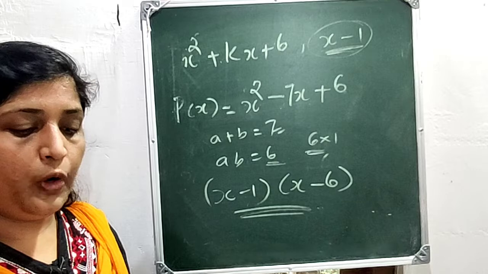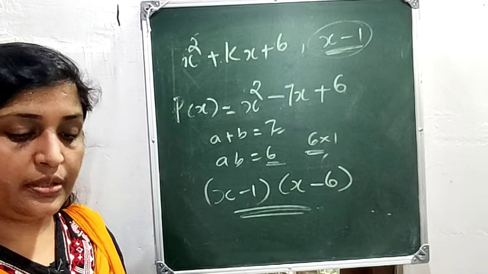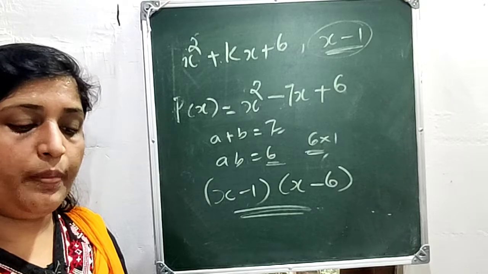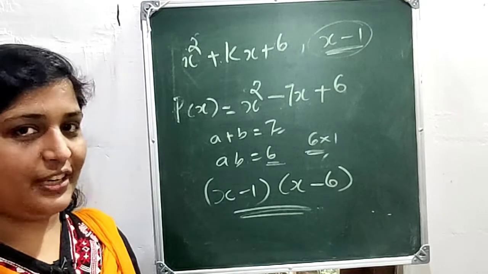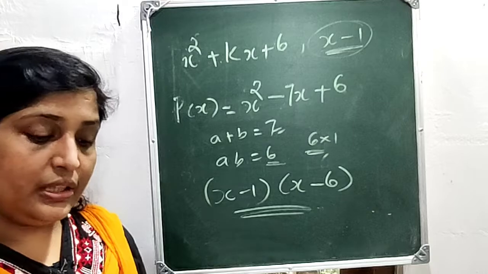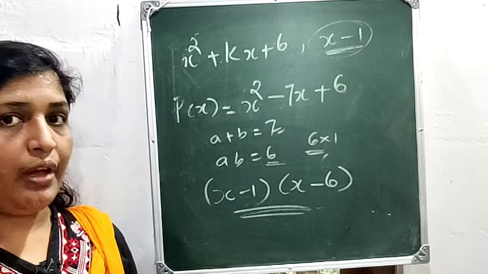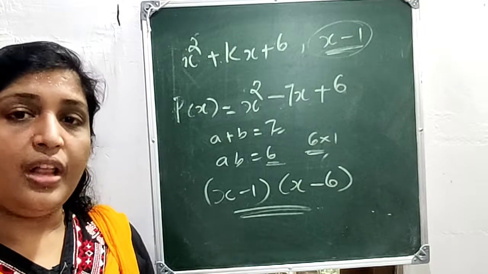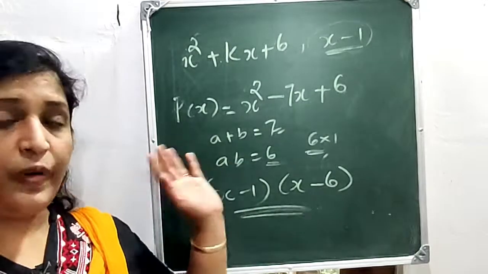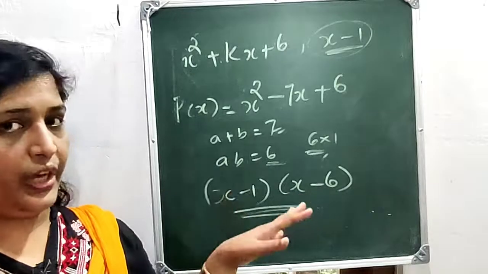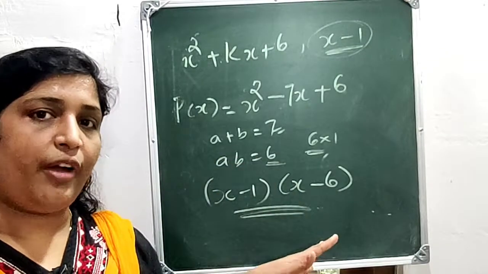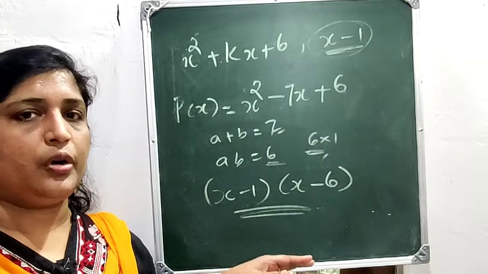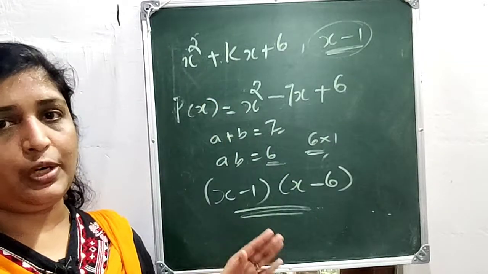Okay, then we have one more question. Third question. In the polynomial kx square plus 2x minus 5, what number must be taken as k to get a polynomial for which x minus 1 is a factor? In the third problem also we need to find out the value of k, and we have x minus 1 as a factor. So just find out p of 1. We have x minus 1 is a factor, then p of 1 is equal to 0. Then you can easily find out the value of k.